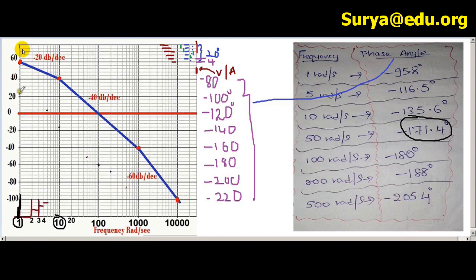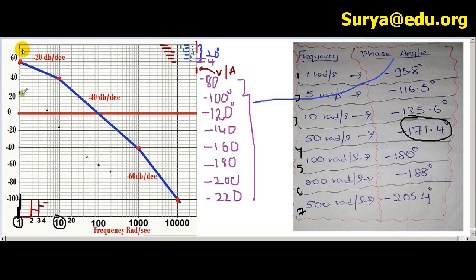No, 1, 2, 3, 4, 5, 6 and 7. So are there 7 or 8? Yeah, there are actually 7 coordinates, not 8. This is 1, this is 2, this is 3, this is 4, this is 5, this is 6, this is 7. So actually basically what we have is 7 coordinates, not 8. So this point is 1, 2, 3, 4, 5, 6, 7.